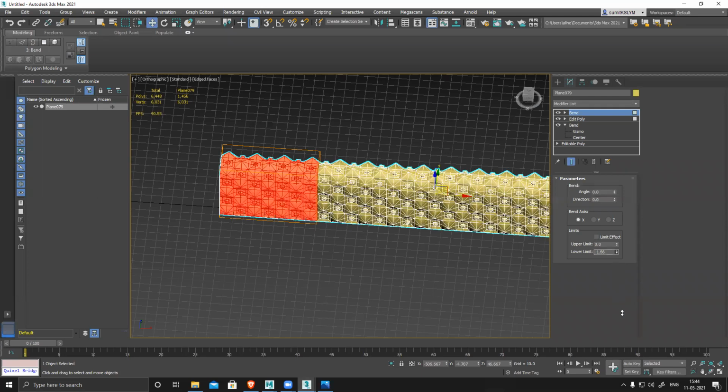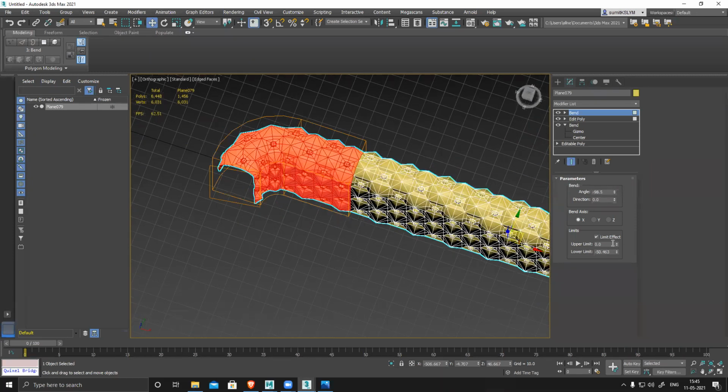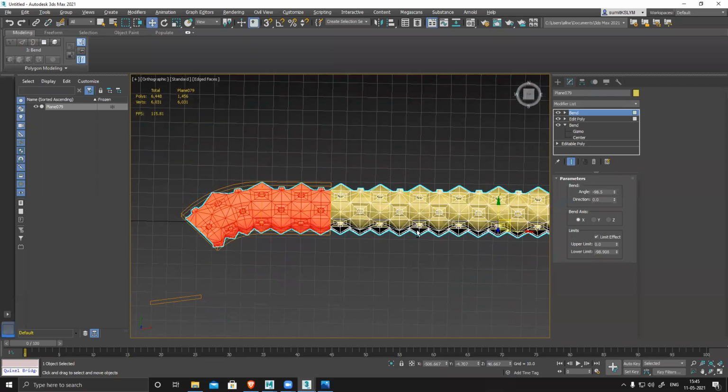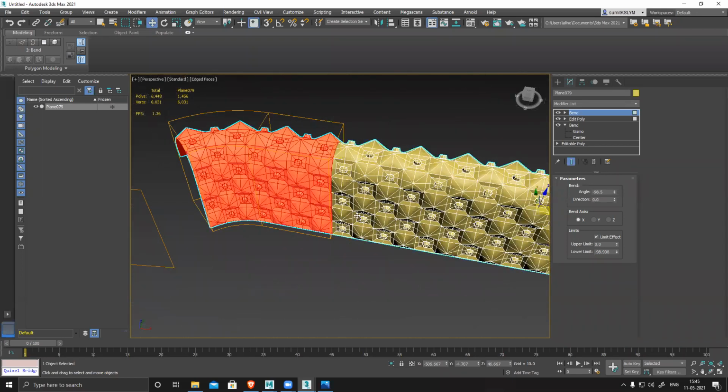Lower limit. Move it outside. Now bend it. Perspective.